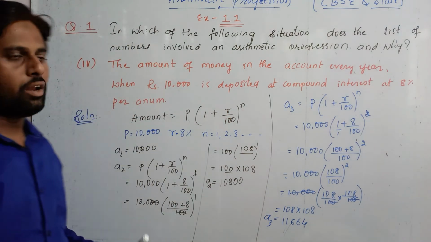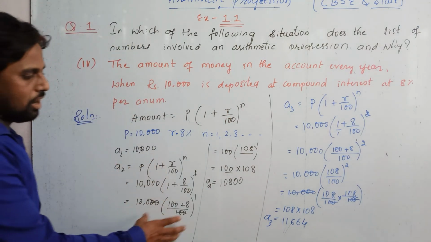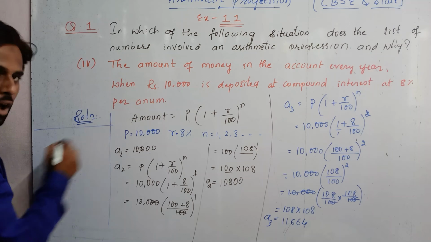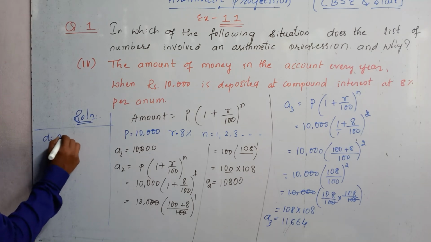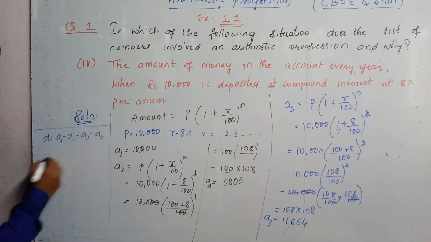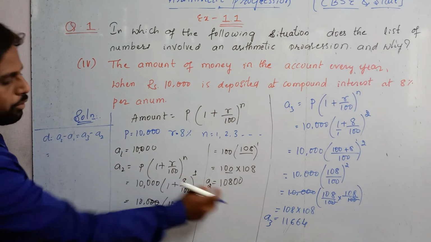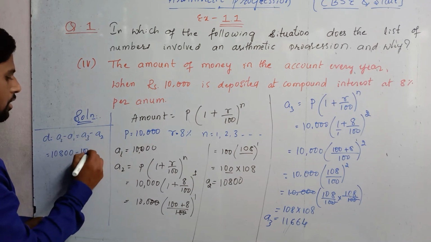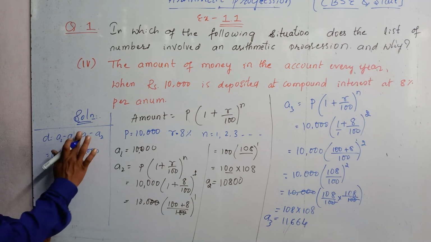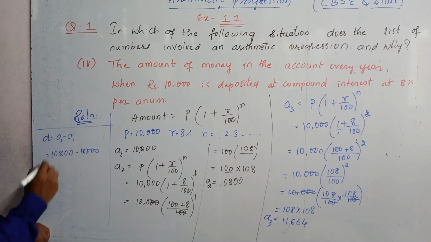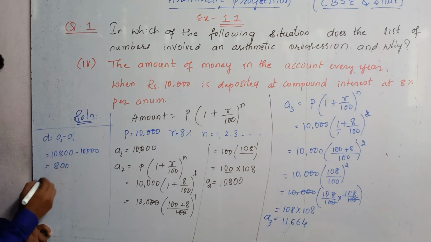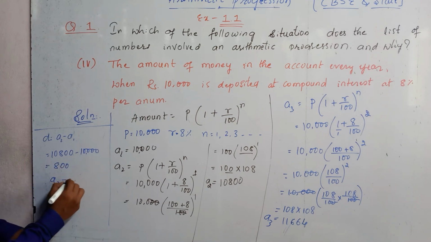So now again we should find whether all the terms are in AP or not. Same thing, I will solve here now. Okay, d is equal to A2 minus A1 is equal to A3 minus A2. What is A2, students? Here A2 is 10800 minus A1 is 10,000. Okay, first I will solve this. A2 minus A1. So how much is it? Now if you cancel, you will get the answer 800. Okay, so now you can solve A3 minus A2.